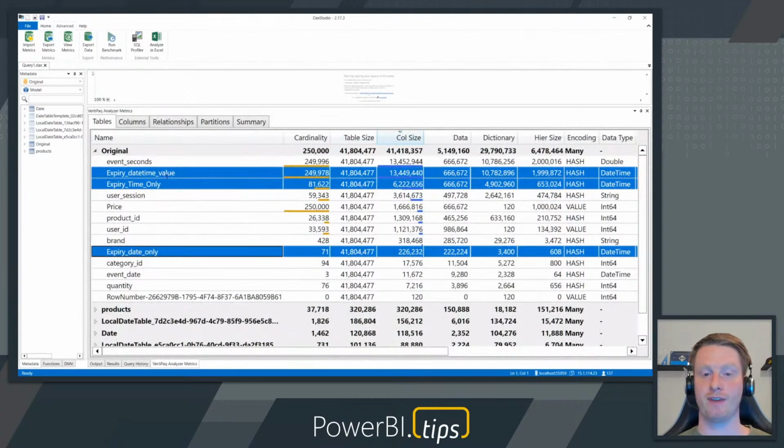Now, expiry date time value. You'll notice that this column is 13, 13 million. This has the date and time in it. It's very high cardinality. As Mike said, time is stored as a decimal and dates are stored as integers. However, when you have date time, it's going to be very high cardinality because there's a lot of seconds of